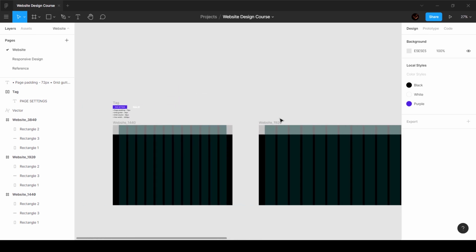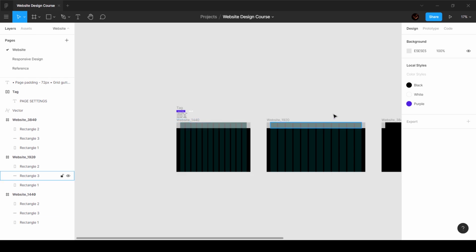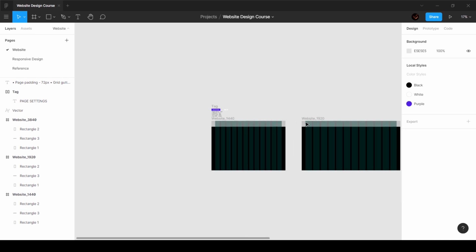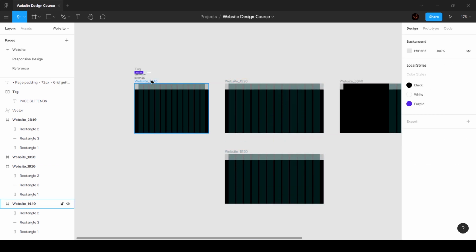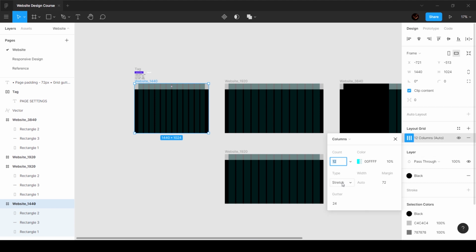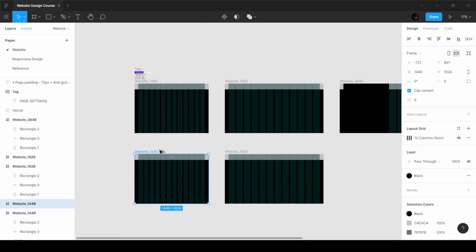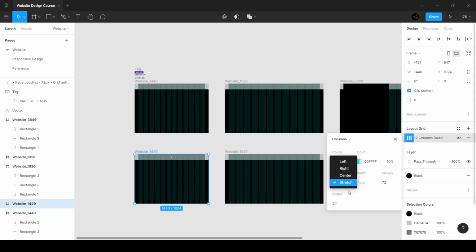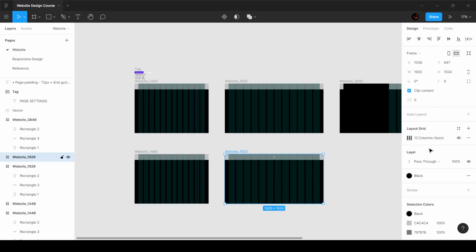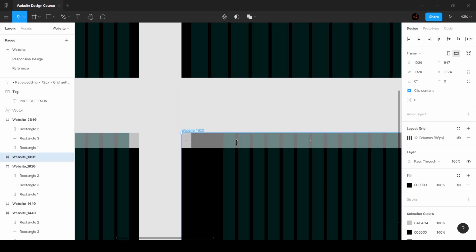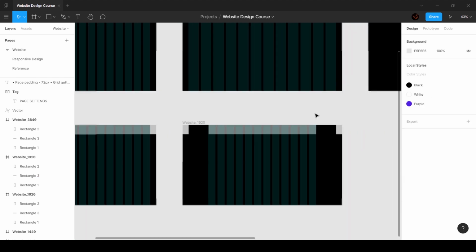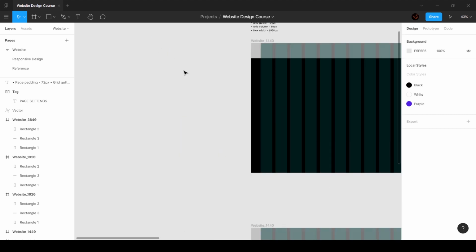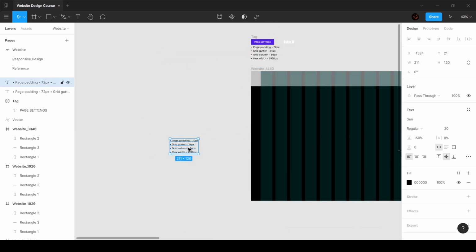Now, the other option could be where you do not change the width at all. So if I were to duplicate this, what I can do is this. Let's change this a little bit. Then we're going to make a copy of this as well. Let's set this to be center. Okay. And I'm going to press Ctrl+C to copy this layout grid. Paste it over here, right? And this container is going to be over here and over here. Right? So this is variation 1. Let me quickly put that in.